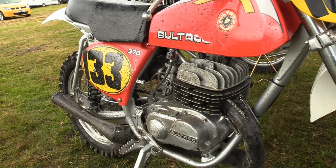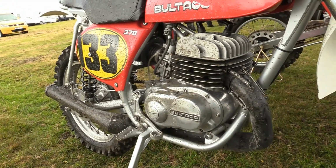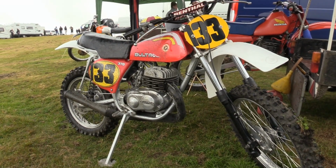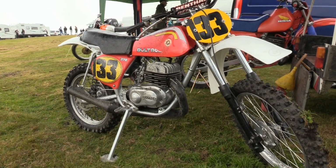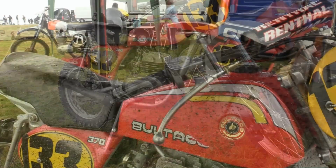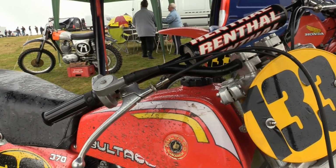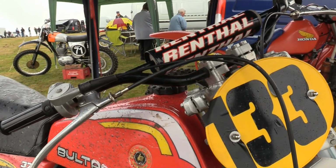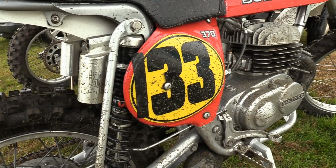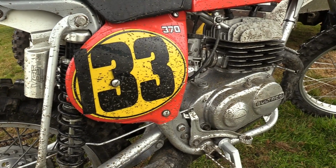even before practice got underway. Now, as you know, these Bultaco Pursangs were the real deal during the heydays of the 1970s, and they were highly competitive when the likes of Jim Pomeroy was flying around the racetracks of the world winning Grand Prix events. Now, as I recall, these Bultacos had fiberglass fuel tanks, and there was certainly no question about them being quick, because with the right rider in the saddle and the bike set up and dialed into a particular racetrack, a top-class pilot could still put you on the podium riding one of these 370s,